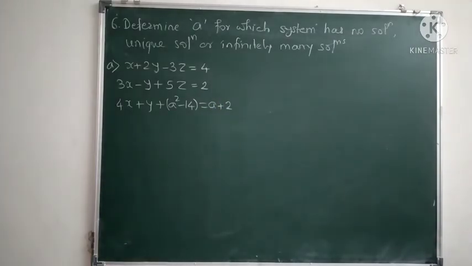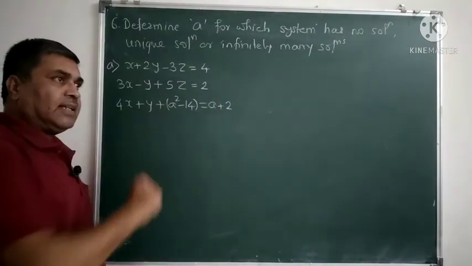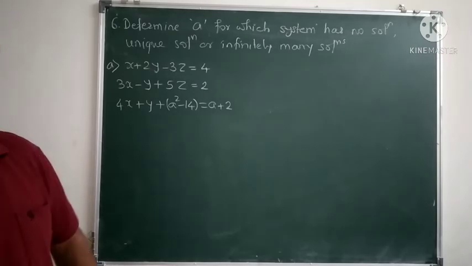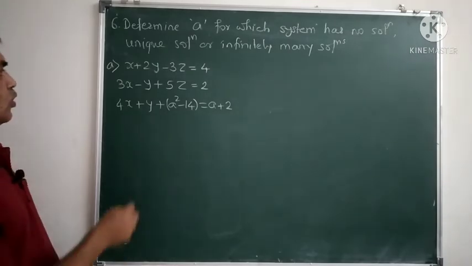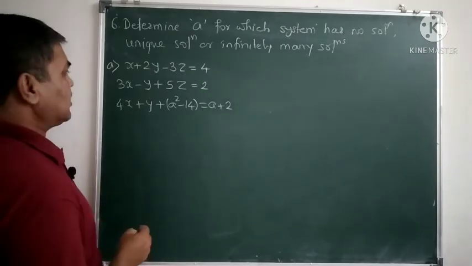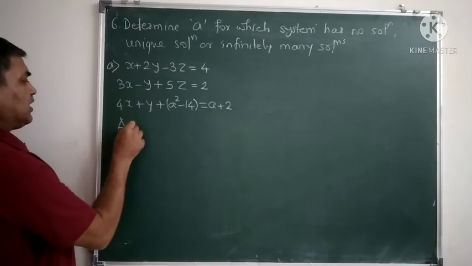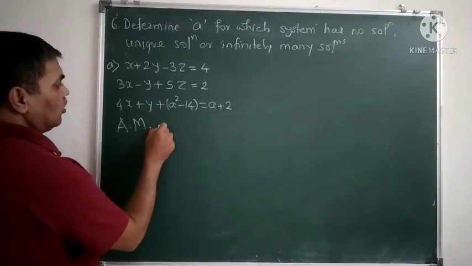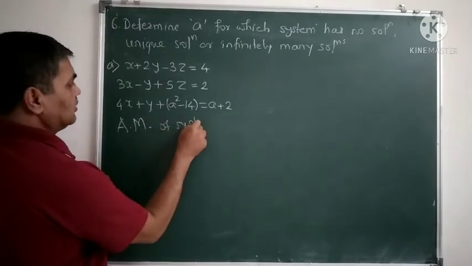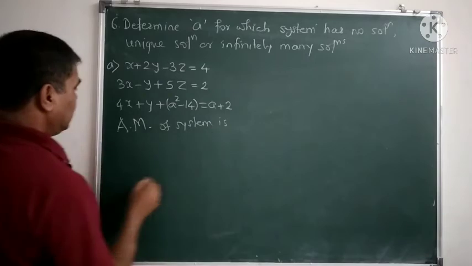Now this is a non-homogeneous system because the right hand side has some non-zero entries. So we have to use the augmented matrix form. The augmented matrix of the system is AB is equal to